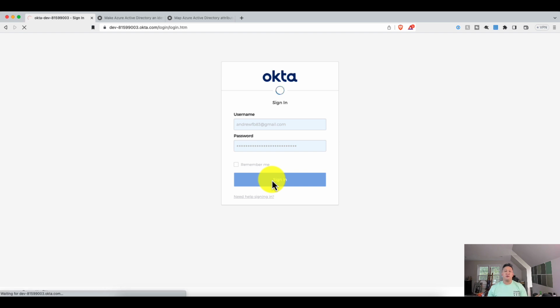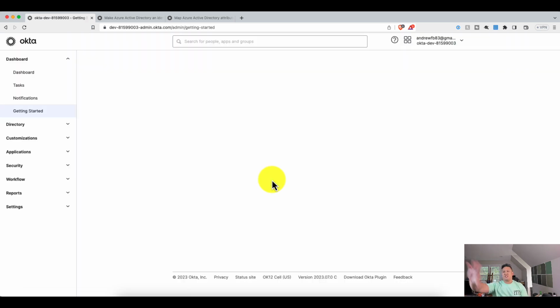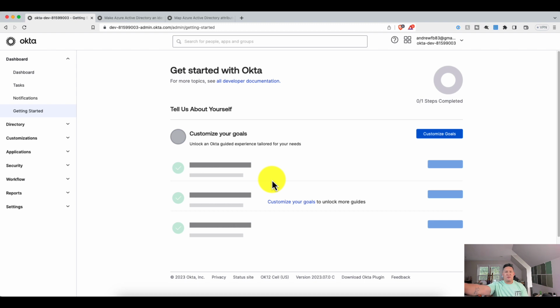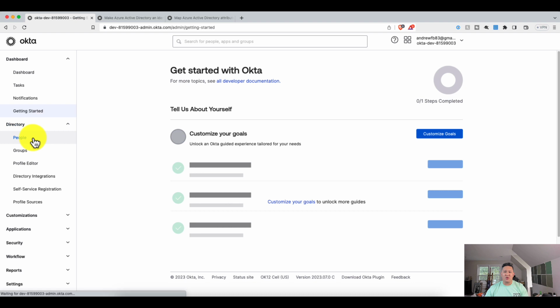So now you'll notice that once I'm in, it's just a setup page. I don't really need to do all this at the moment, because again, what we're trying to do here is the projects. So the first thing you want to do is set up your Okta. If this is a brand new Okta, you've never done Okta before in your life, you're going to get an account. The first thing I always suggest you do is go to directory, go to people, and